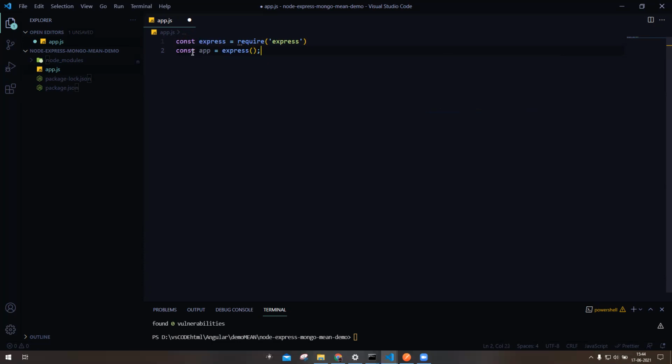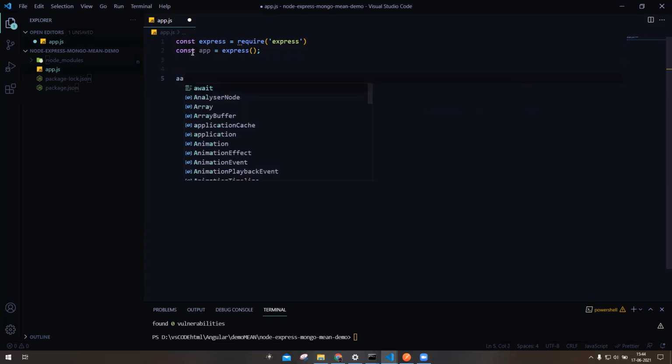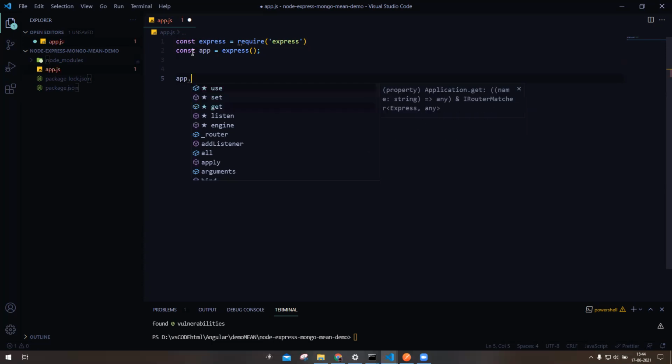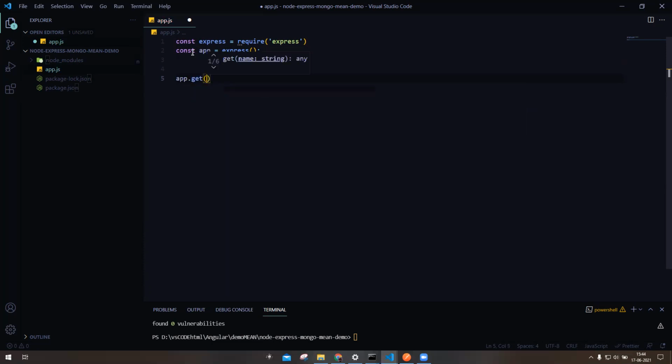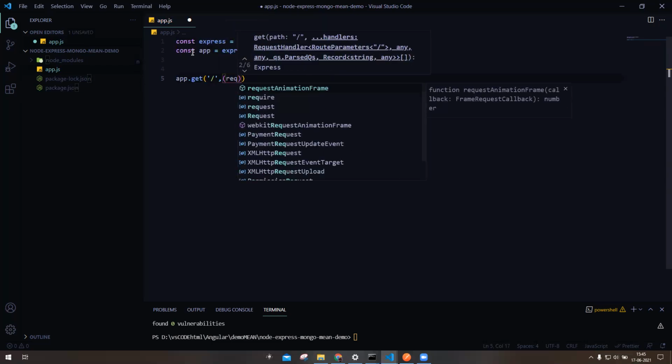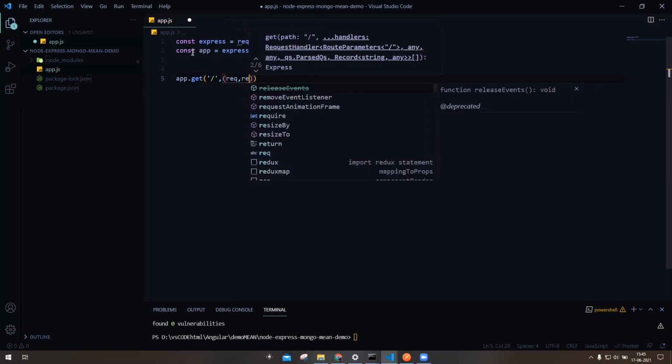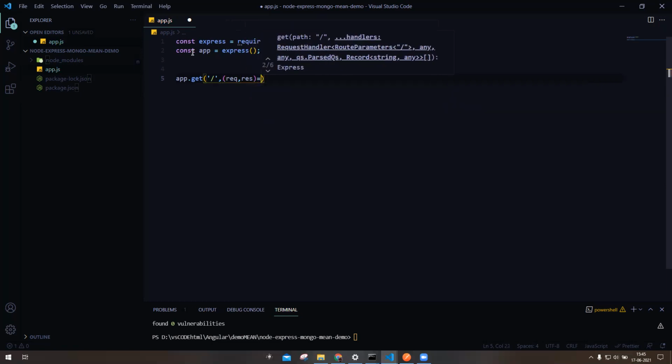Now we will create a simple get request first to see whether this project is working or not. So we will do app.get, and it will take two parameters. First will be the path. I just want the path to be the default path, and then the second parameter is a function. The function again has two parameters: one is request and the second is response. We'll give it as an arrow function.